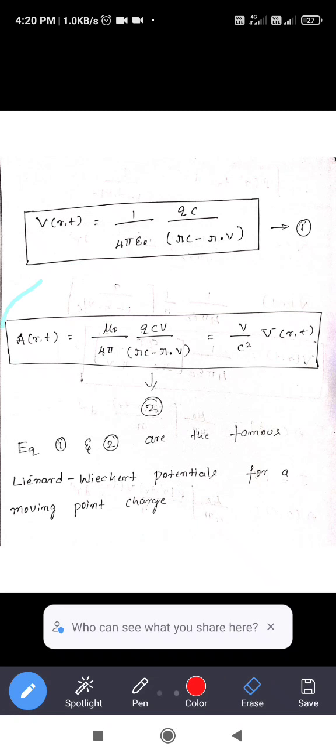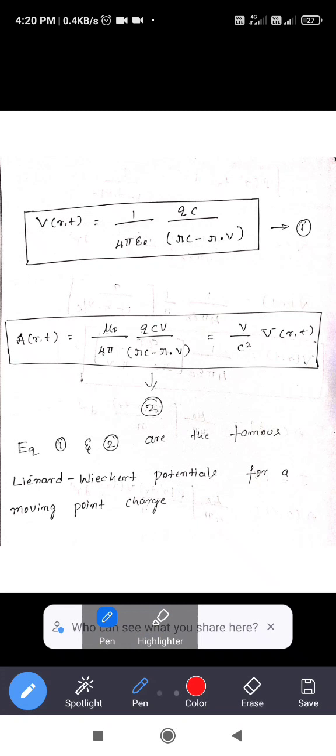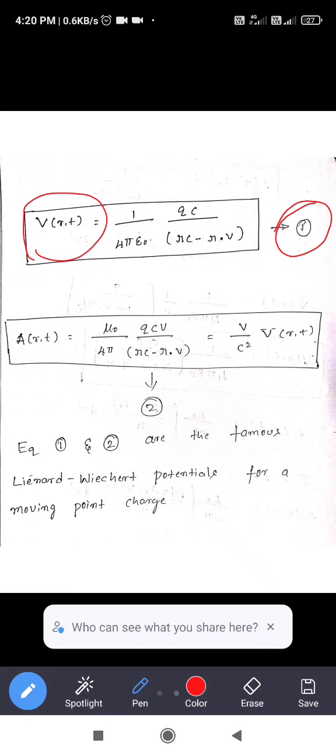So we calculated the potentials. V(r,t) = 1/(4πε₀) · qc/(𝓇c − 𝓇·v). This is equation number 1. And A(r,t) = μ₀/4π · qcv/(𝓇c − 𝓇·v), which is equal to